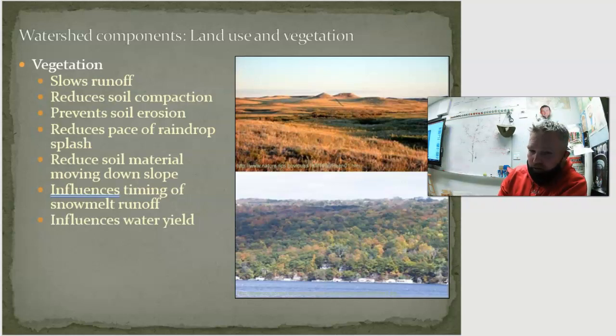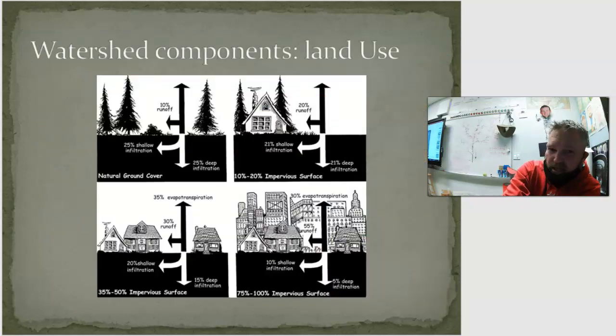And then it also influences water yield, which just means that it allows water to stay in watersheds longer because it's done all of those things there to limit runoff, if that makes sense. Then with that, there's just like 2 more slides that I need to get through on this, and that's kind of using the land use to see what happens when urban things come in.